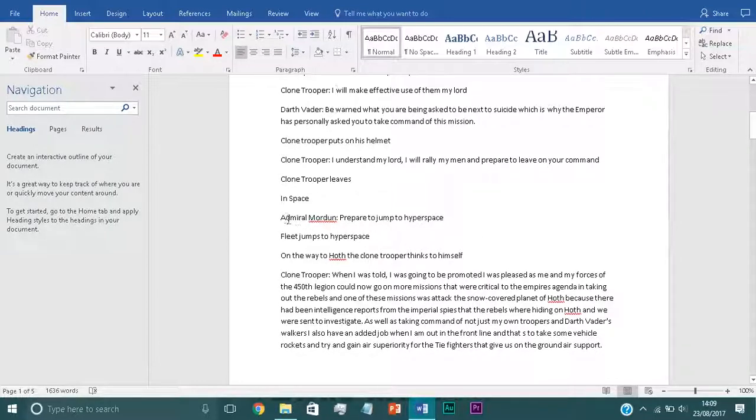This was something that was actually added in. So Admiral Mordon was always meant to say, prepare to jump to hyperspace. I think it ended up just being prepared to jump to hyperspace, but it's something along those lines. That basically stayed the same. But I basically then added the Walker crew. So it's basically